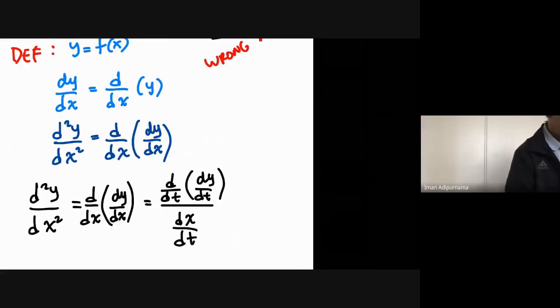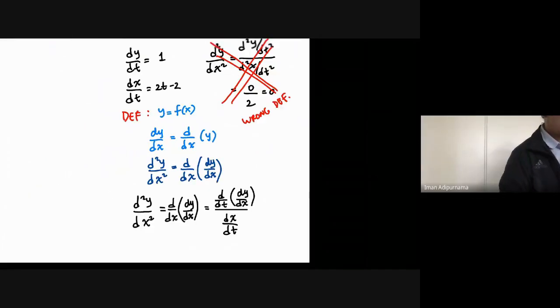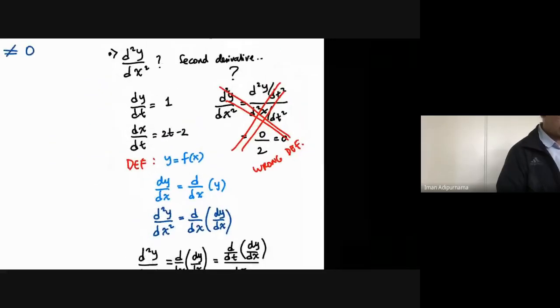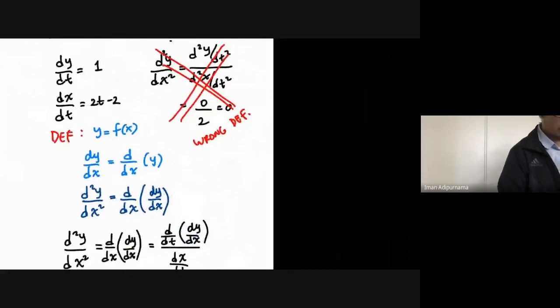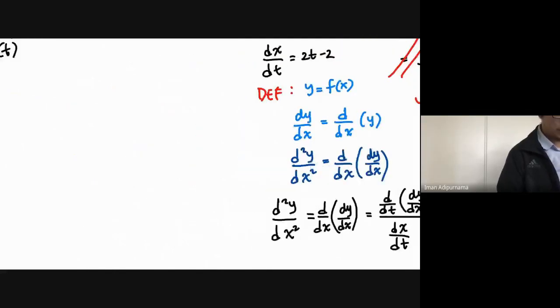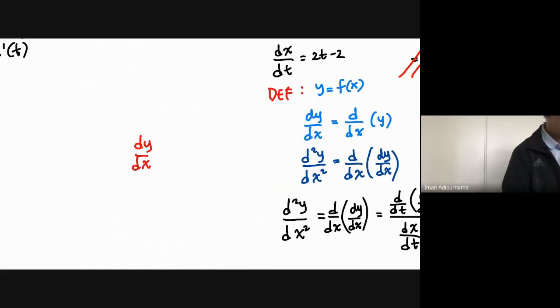Oh, wait. Sorry, I wrote the wrong thing here. So dy over dx is, we already got the 1 over 2t minus 2, right? So let me write in the example, dy over dx is 1 over 2t minus 2. So you need to derive this one more. So at least you need to